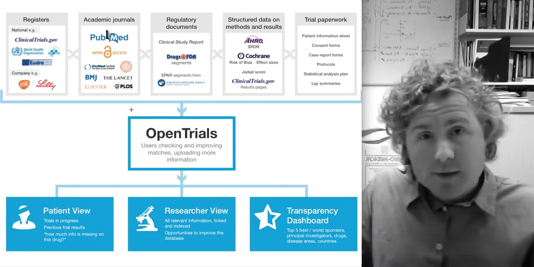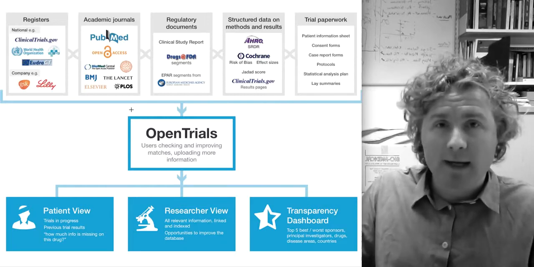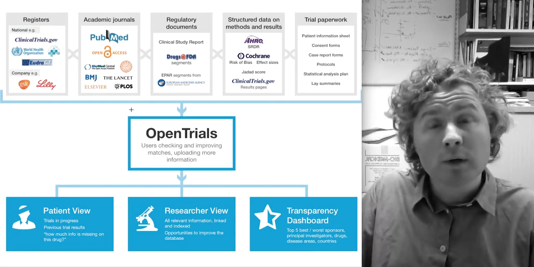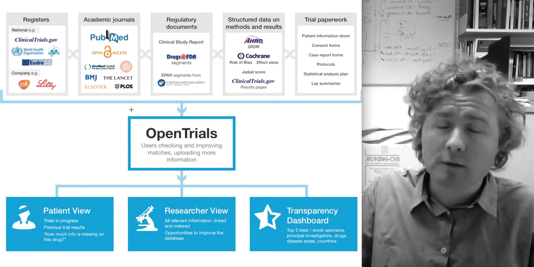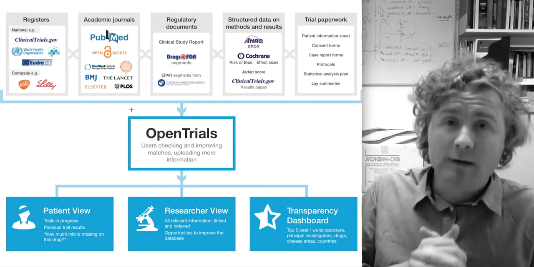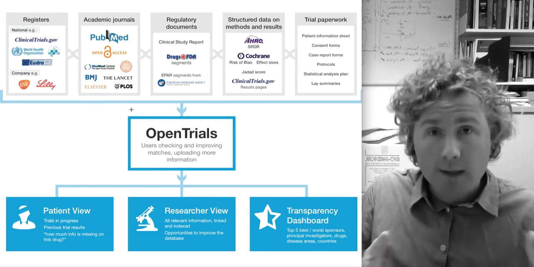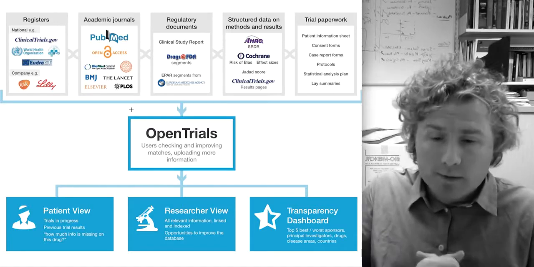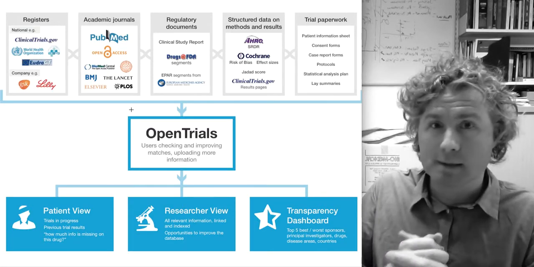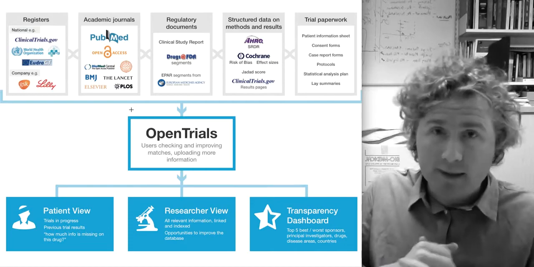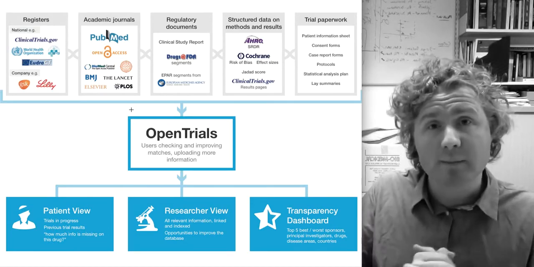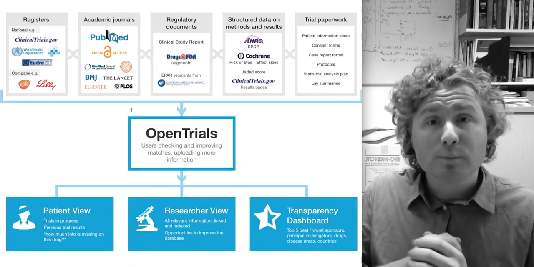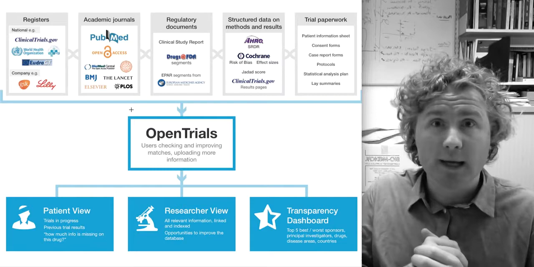The same trial can be registered on lots and lots of different registries, so it is often interesting simply to reconcile the different registry entries, put them all side by side and spot discrepancies. For example, we're already aware of cases where a trial is reported as ongoing in one registry and completed in a different registry. That's interesting because if you were looking only in the registry where it's listed as ongoing, you wouldn't know that the trial had in fact completed, so you wouldn't know that you should be expecting results. There can also be interesting discrepancies on, for example, pre-specified primary and secondary outcomes.